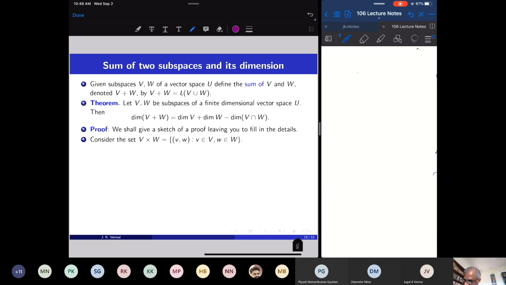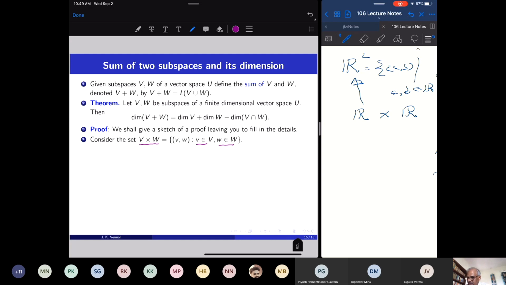So take the Cartesian product of V and W. This is simply pairs (v, w), where v is a vector in V and w is a vector in W. How to construct, say, R2? R2 simply consists of (a, b), where a and b are just real numbers. So now R is a vector space, and I take their Cartesian product, I get R2.